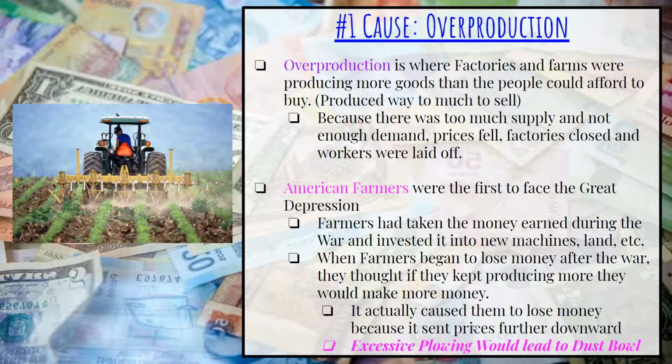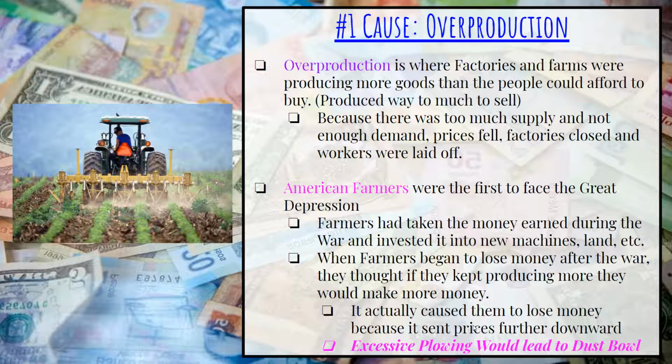Remember how I told you farmers wanted to make up that money that they lost from World War I. So they kept producing. Well, the more they produced, the more they lost money because the more of a supply means there's not enough demand to meet that supply. So the value of the corn, let's say they were making $1 a bushel, now went down to 25 cents. If you went from making $1 a bushel to 25 cents, you just lost 75 cents per bushel.